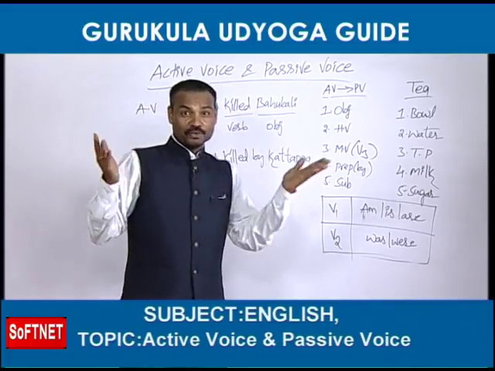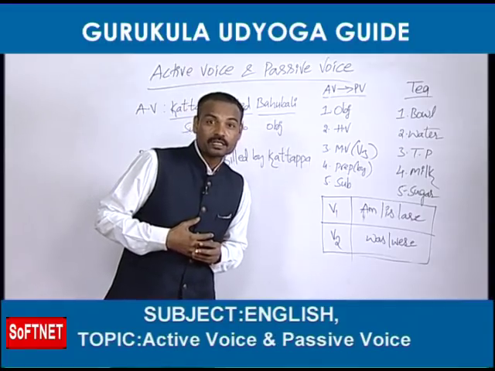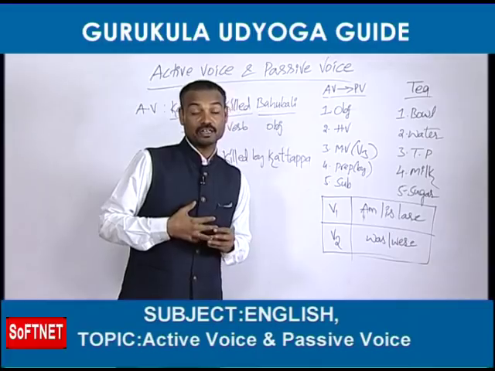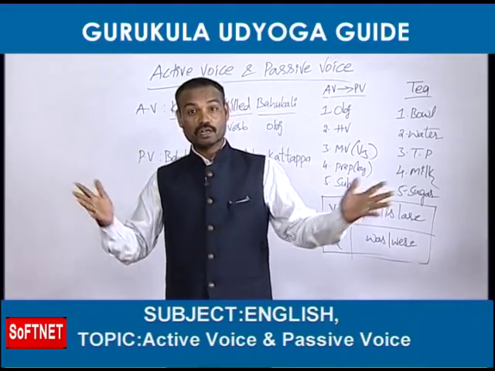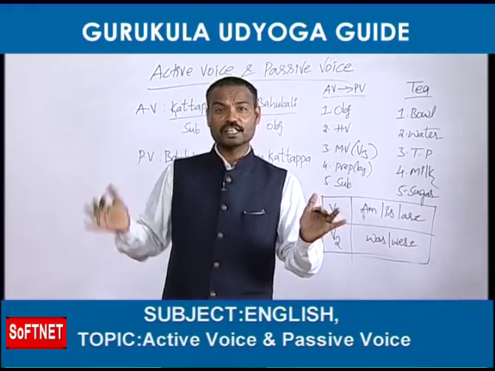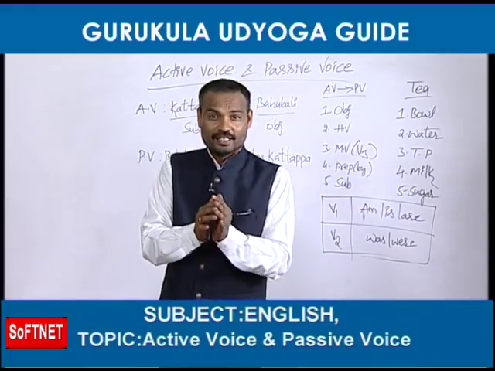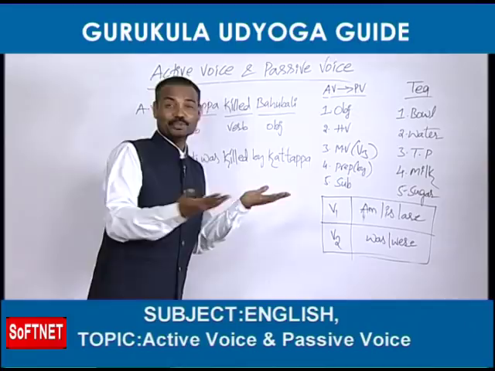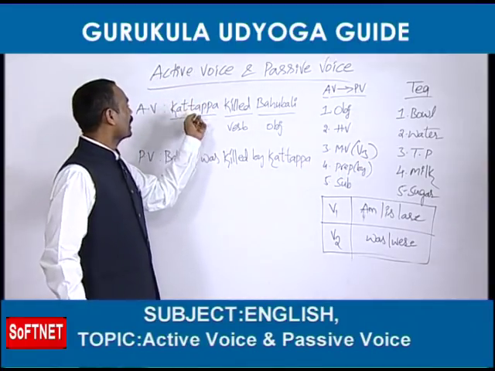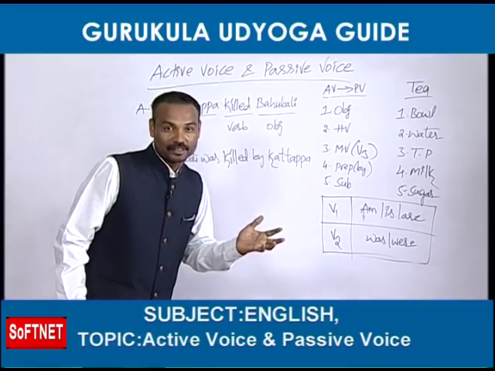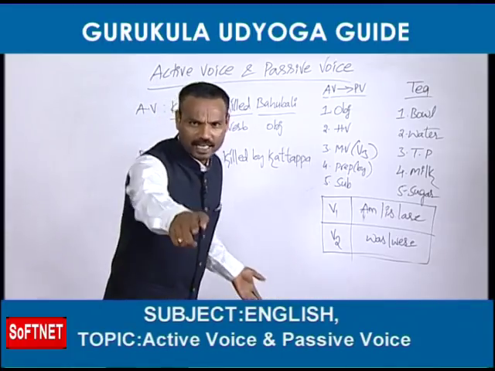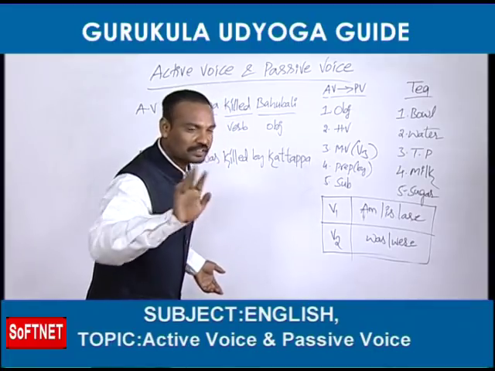See, when you see any grammar books, you will find an international example, an evergreen example: Rama killed Ravana. Why should we follow that example always? Can't we create one more example? See, a latest and beautiful and sweet example is, chalo, Kattappa killed Bahubali. Instead of Rama killed Ravana, I have taken this example. Any objection? No objection. Good.